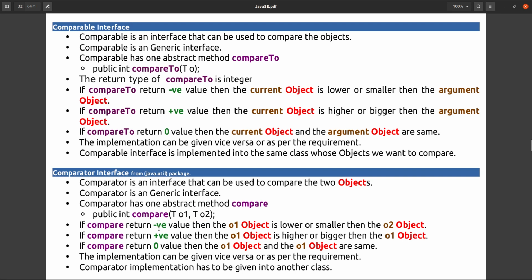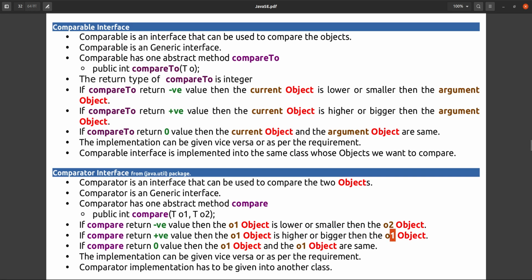But here, the return type is integer only. If the compare method returns a negative value, then object 1 is lower or smaller than object 2. If the compare method returns a positive value, then object 1 is higher or bigger than object 2.